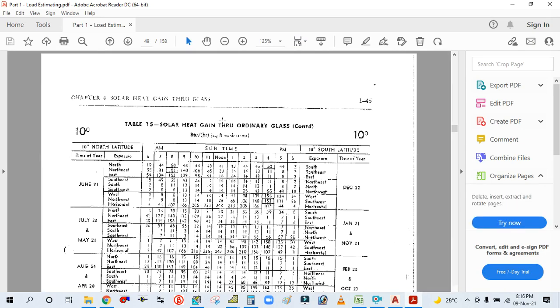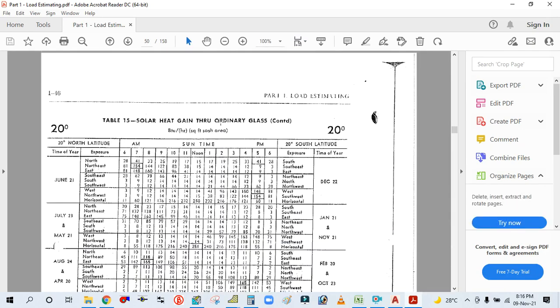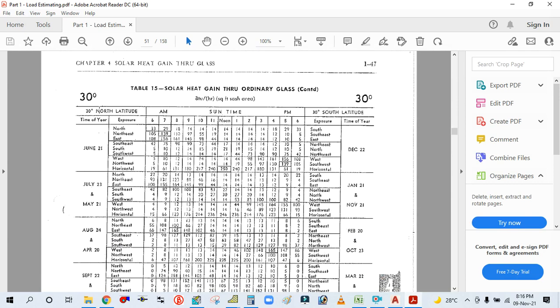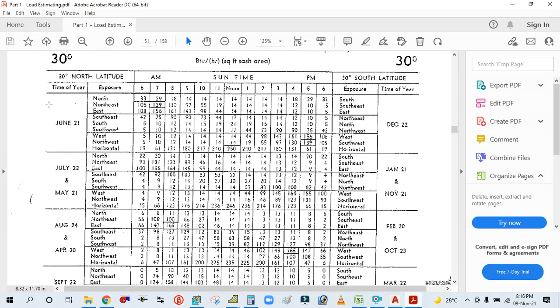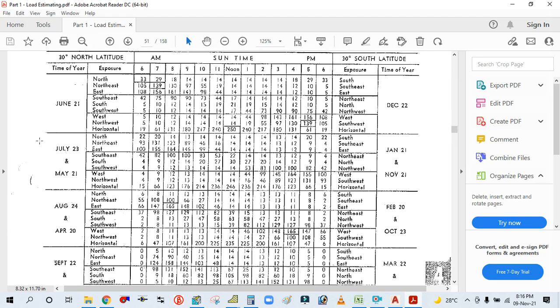Solar heat gain through the glass, ordinary glass. So for Dubai, the latitude is 30 degree north. Solar heat gain through ordinary glass. So you can find the peak load month. So peak load month is July and May. You can find here